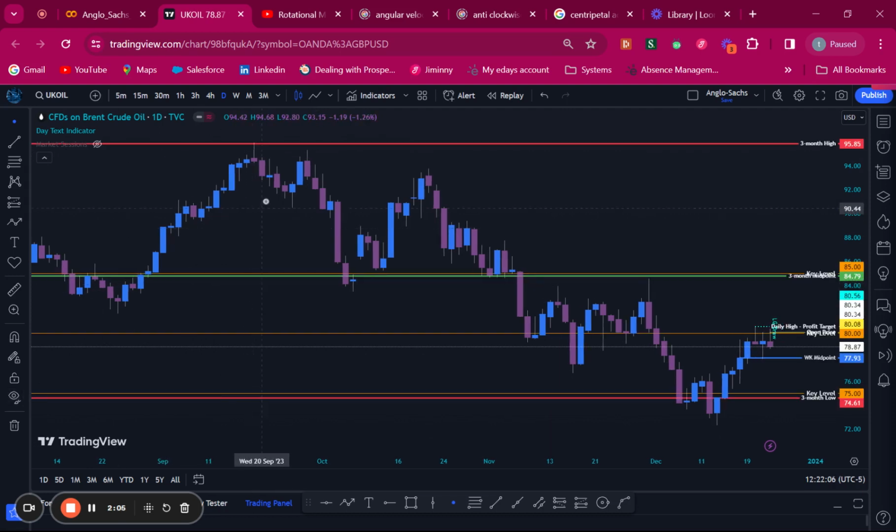Okay, so once we had these two swing highs formed and this pullback, the market begins to drop with a lot of magnitude and velocity down into this key level. Hopefully you can see it, it says $85 a barrel. And it's a large retracement, a big displacement, five days of very bearish market structure. So price closes below this key level, and then we have this daily candle where price also closes below,